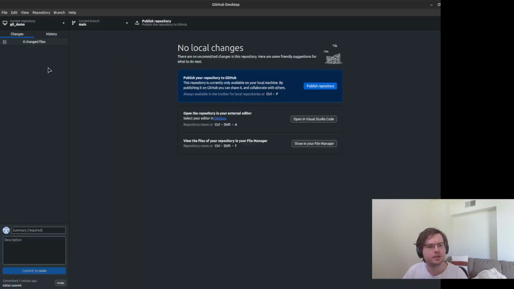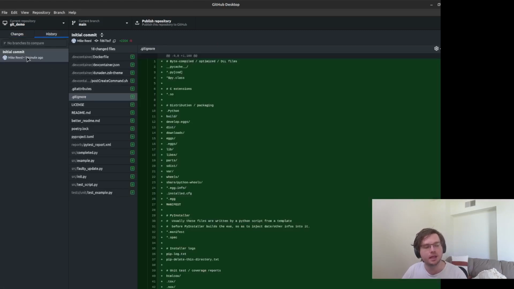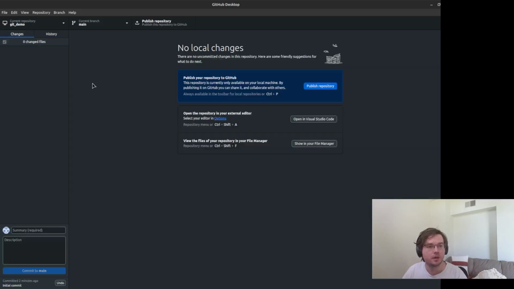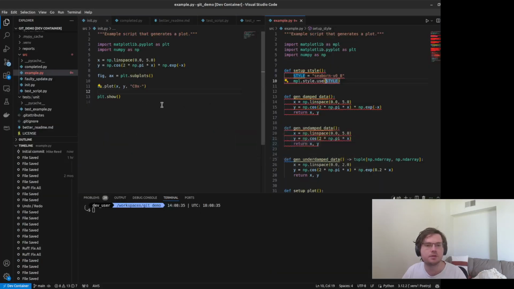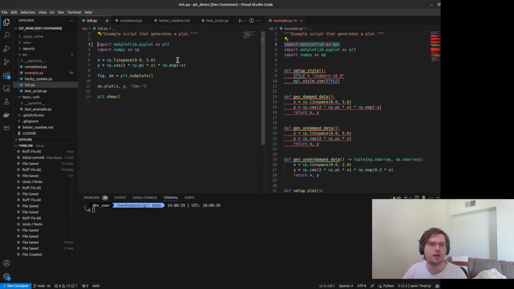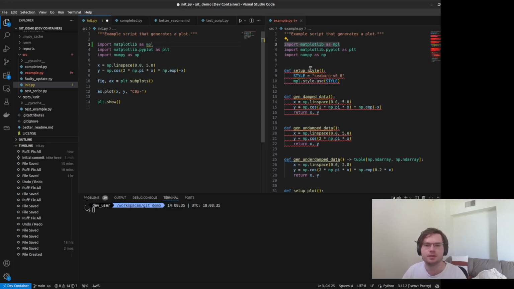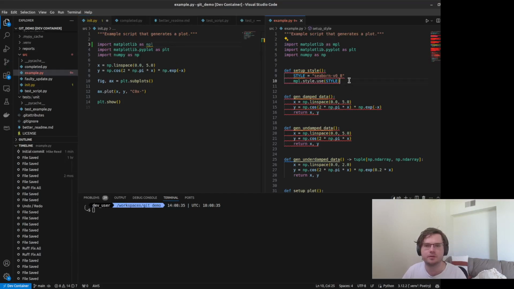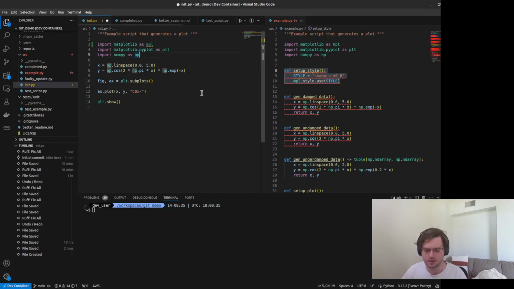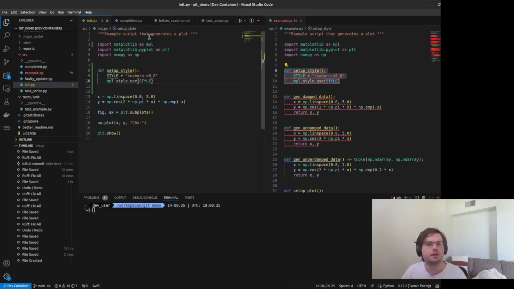Now what changes indicates is the current changes that we have from the previous state. At the moment, the previous saved state was the initial commit. But if I go in and change something, for example, if I start changing my init file to look more like this final version, let's make something very minor as a change. Oh, actually my linter is automatically removing that, so I have to add this in as well. So I've made this very small change.